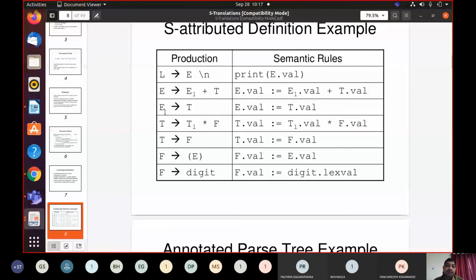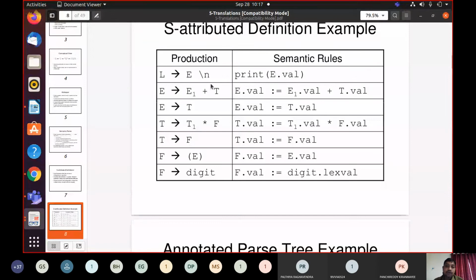In context-free grammar, we have a set of production rules. In attribute grammar, those production rules are extended with semantic rules. Each and every production rule will have one semantic rule.